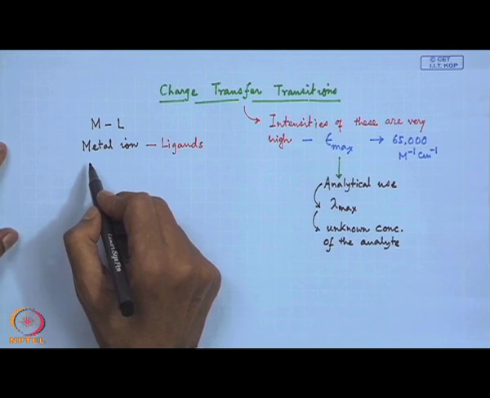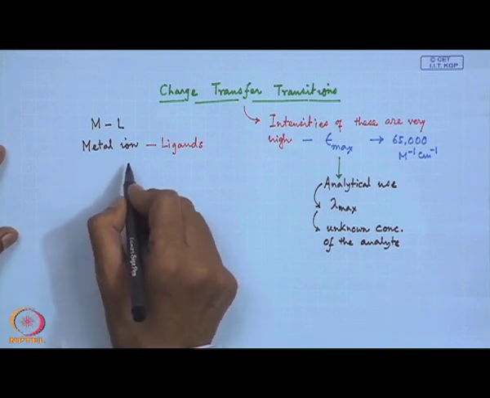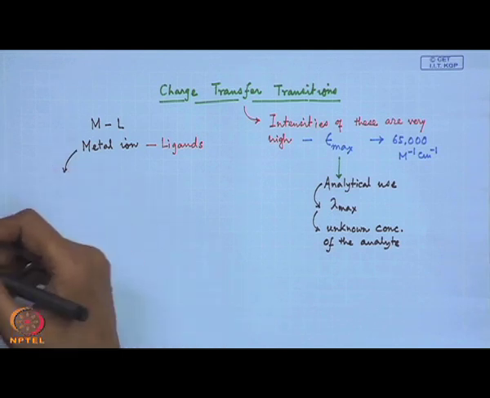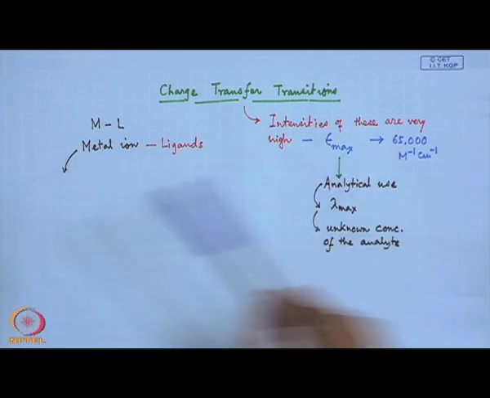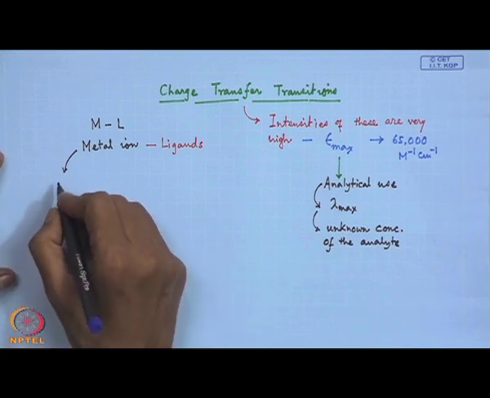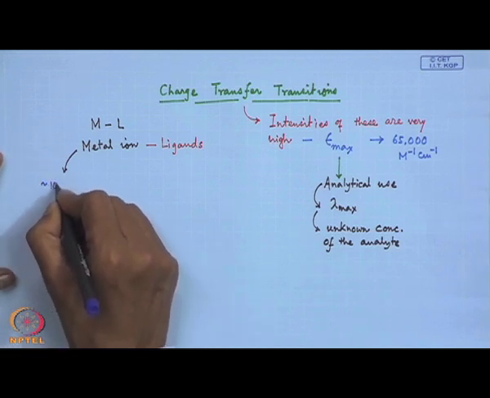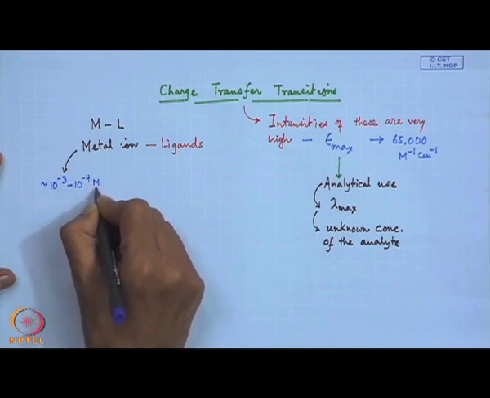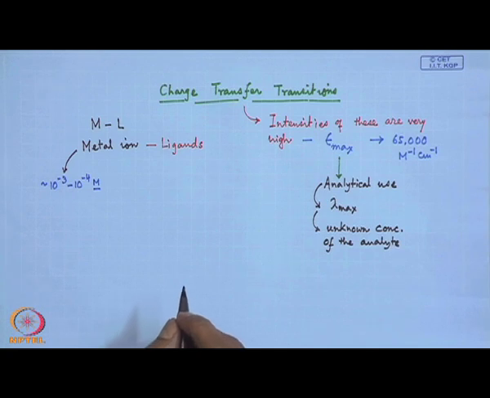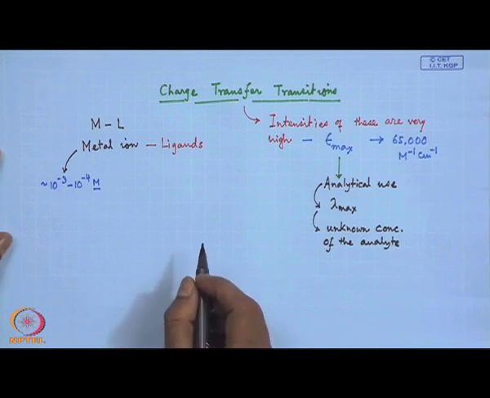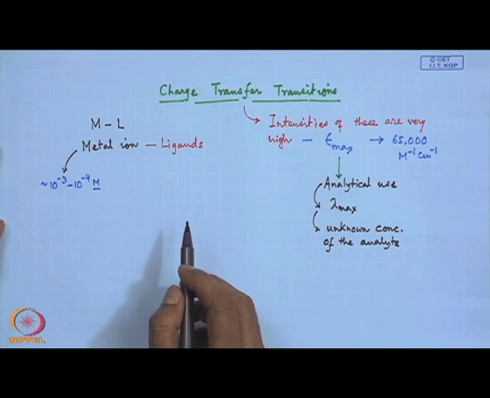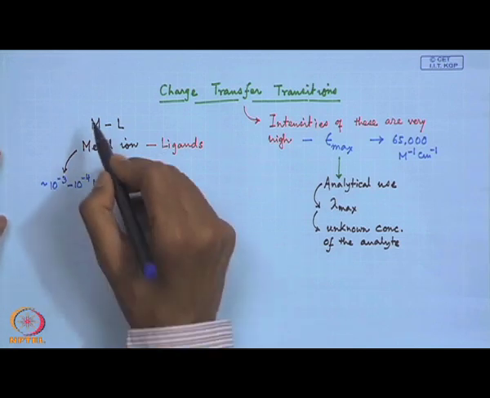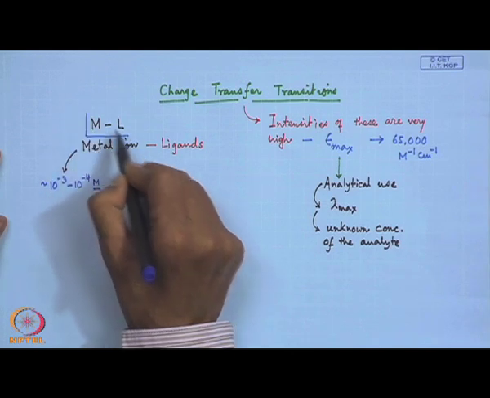So, if we are also able to detect the metal ion concentration, we can detect very nicely very low concentrations of these metal ions, at the level of 10 to the power minus 3 to 10 to the power minus 4 molar. Such concentrations of metal ions can be detected by monitoring the corresponding charge transfer band. So, if we see one particular case,